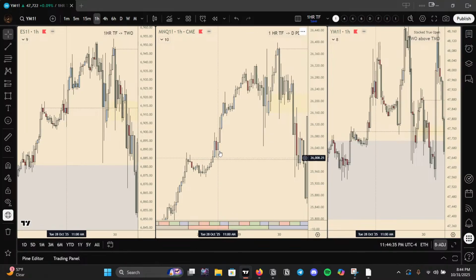So there were no shorts available in this pocket, in this area of fragmentation at the time. The shorts were just not going to play out in your favor. And if you were going long, you had to get in super low or have a super wide stop, because price consolidated. And then going into the PM session,